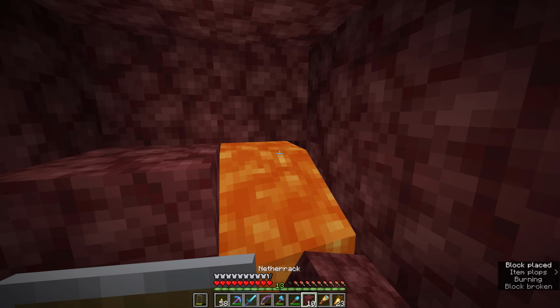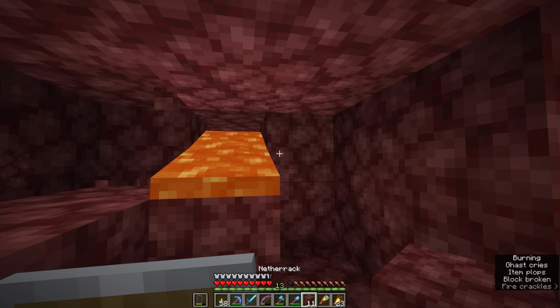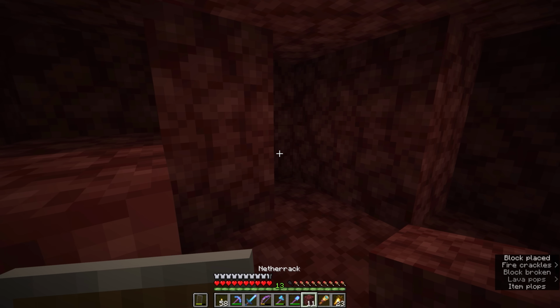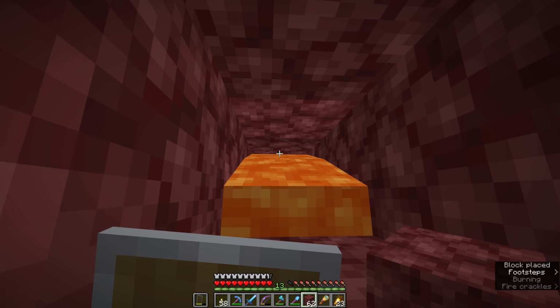Now, ancient debris only generates in veins of between 1 and 3. If you have found more ancient debris clustered together down here in the depths of the Nether, you have probably ended up finding multiple veins next to each other when the world generates 2 veins in close proximity. And if I dig this way, we end up with a little bit more lava,